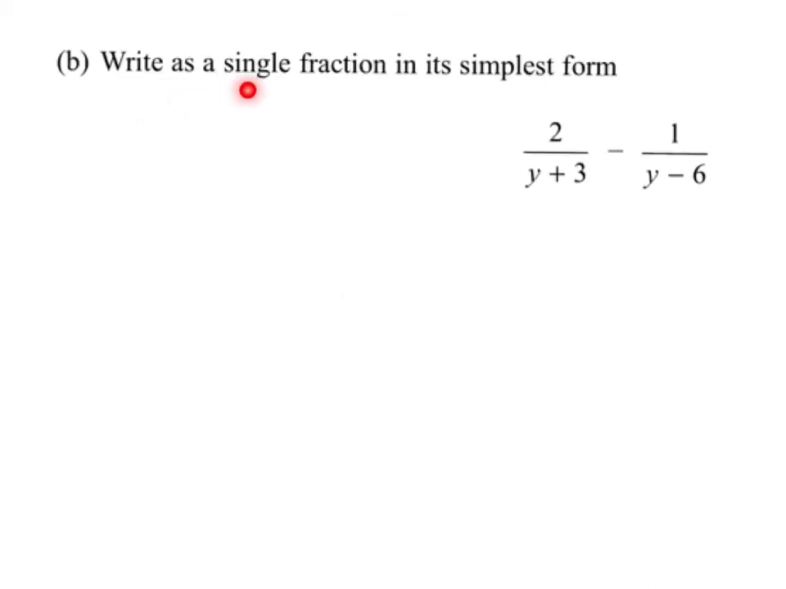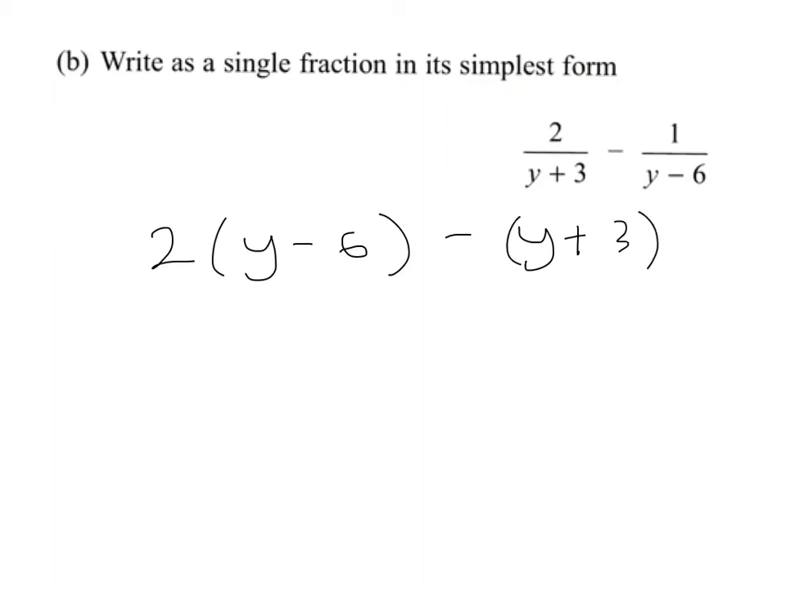So we've been asked to write as a single fraction in its simplest form 2 over y plus 3 minus 1 over y minus 6. So what we need to do here is to cross multiply. So we'll have 2 lots of y minus 6, minus 1 times y plus 3. It's important to write that in brackets, and I'll show you why in a moment, all over y plus 3